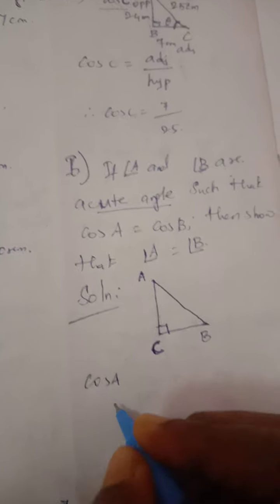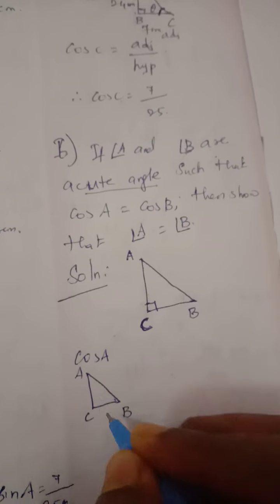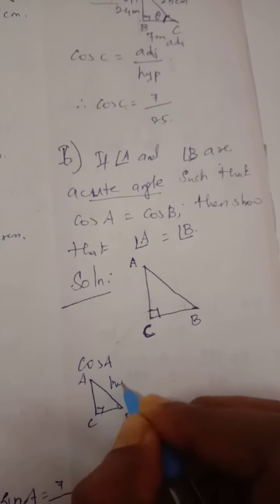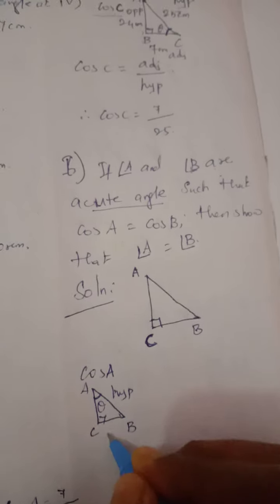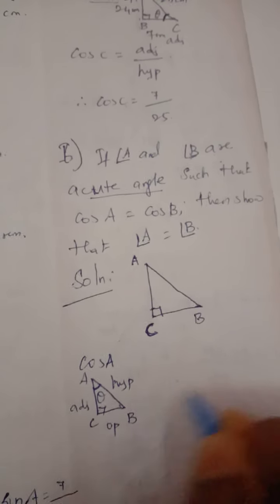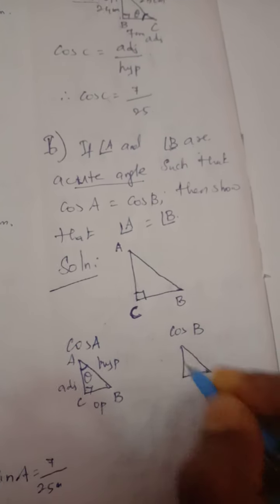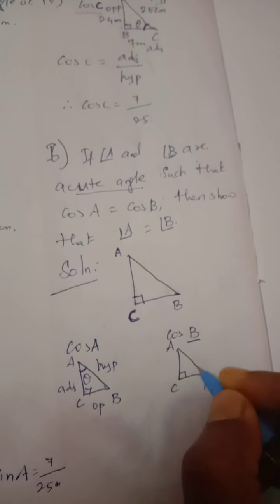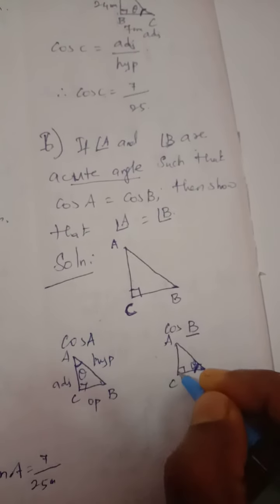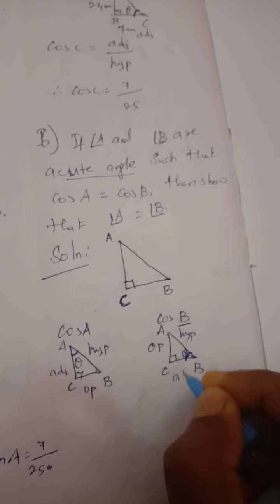So, like the previous question, for cos A draw the triangle. Here C, here A, here B. The side opposite the right angle is always the hypotenuse. So here A, then theta will form here. Now this becomes opposite and this becomes adjacent. And again for cos B, draw the diagram, note down the vertices. Since it is cos B, the angle is forming here. Now based upon this, no change in hypotenuse, this is opposite and this is adjacent.